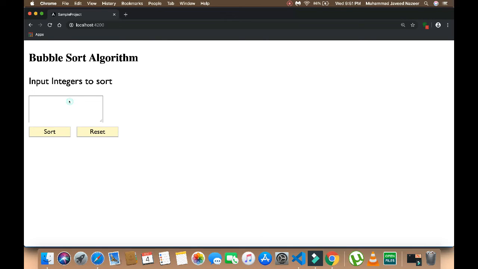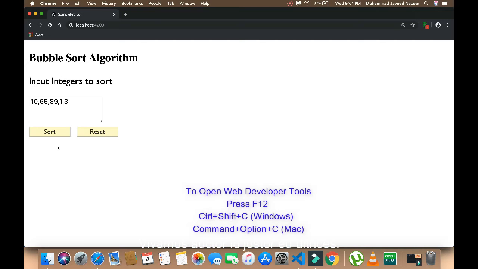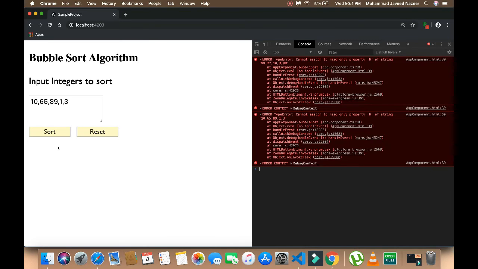Here I can enter some random values, like 10, 65, 89, 1, 3. Okay, so let me click on start. That is working here. So let me open Chrome Web Developer tools by pressing F12. You can open it using shortcut keys like F12,